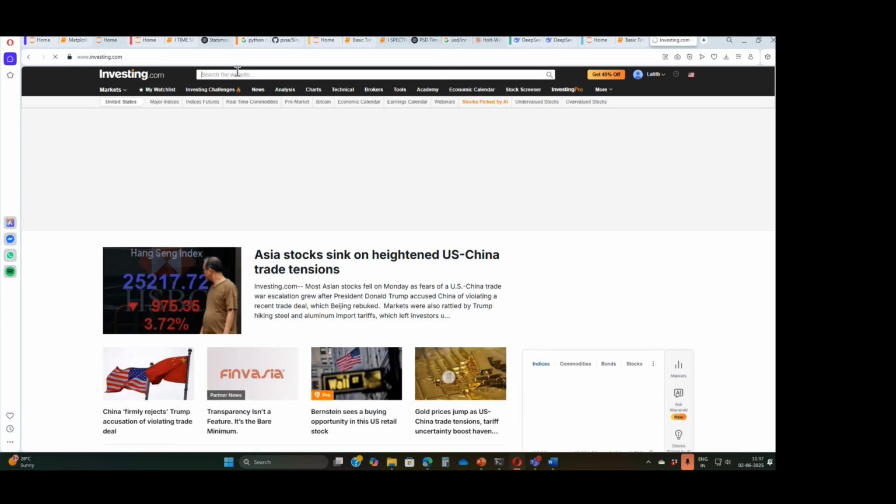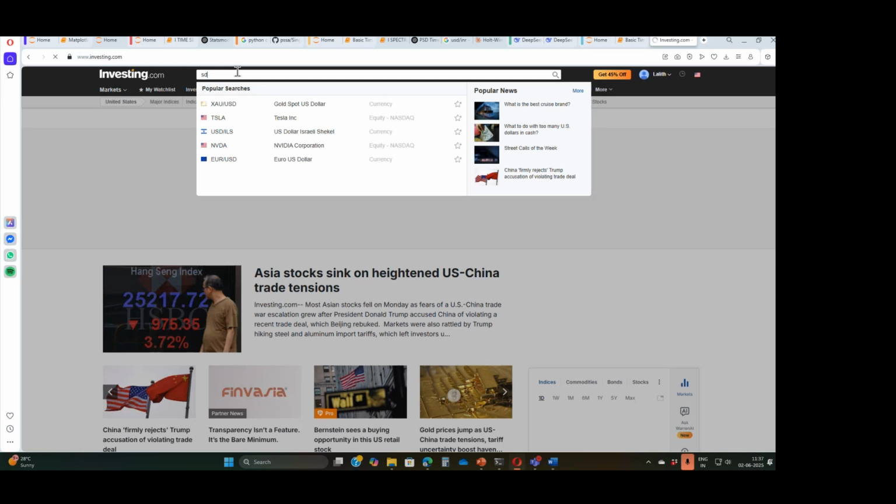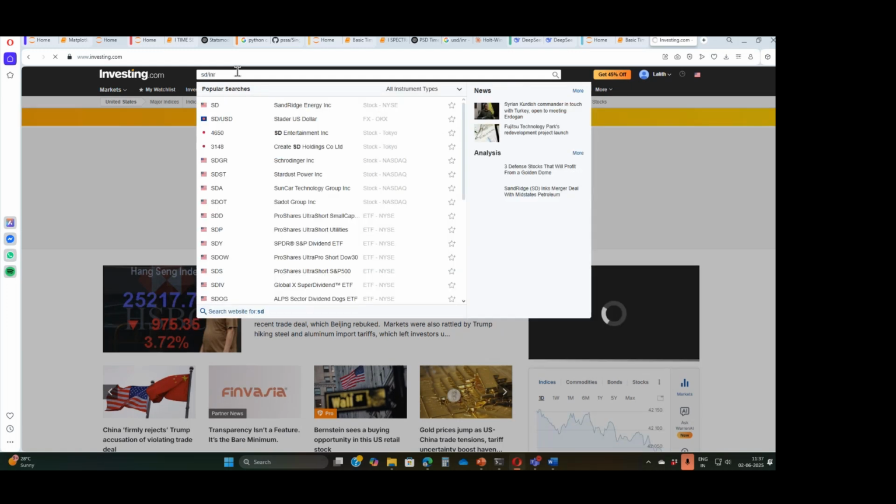You can search for USD INR, something like this.